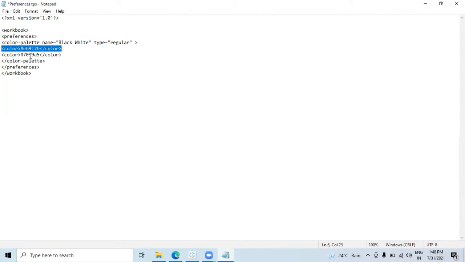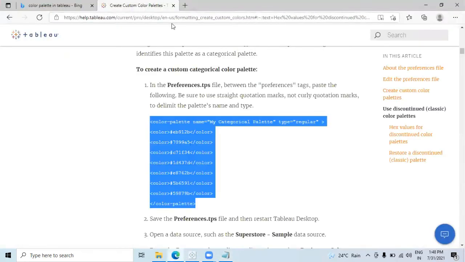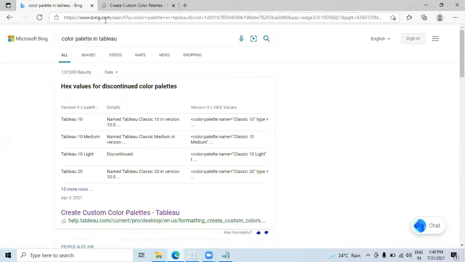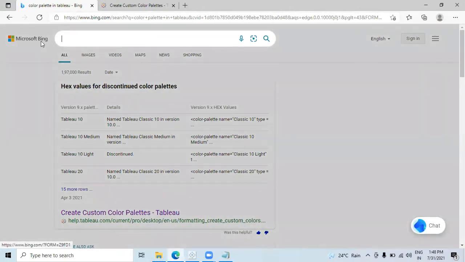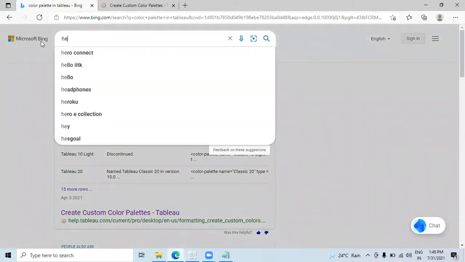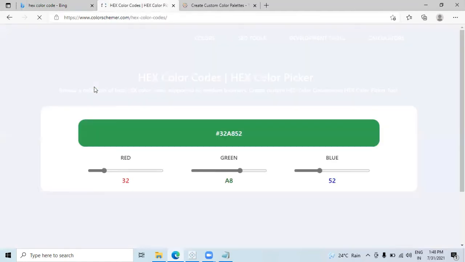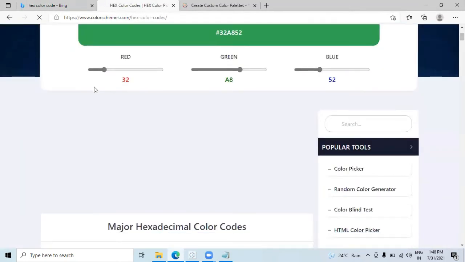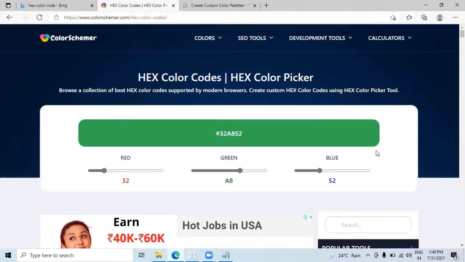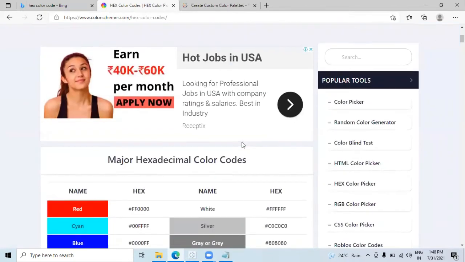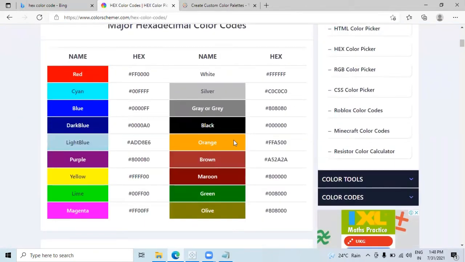Now I need to find the hex code of black and the hex code of white. You can always go onto the internet and search for the hex codes. I'm just searching here. You can go on any site.